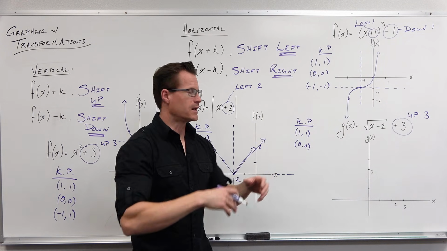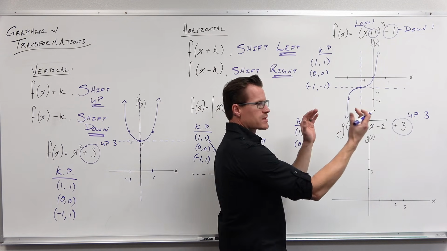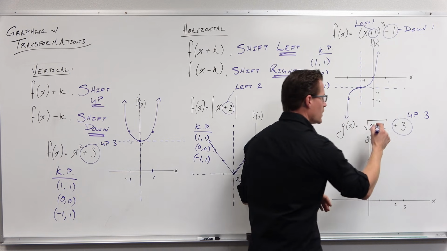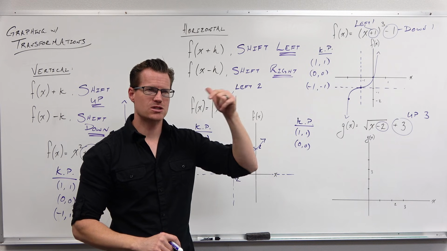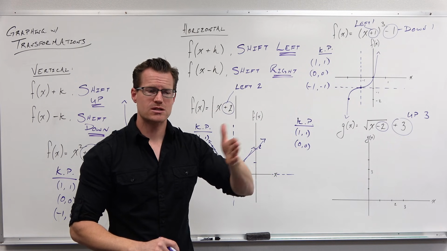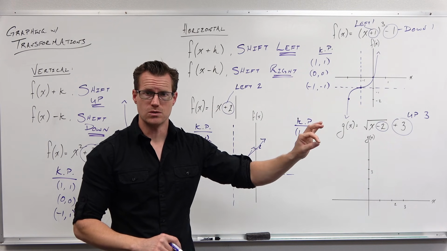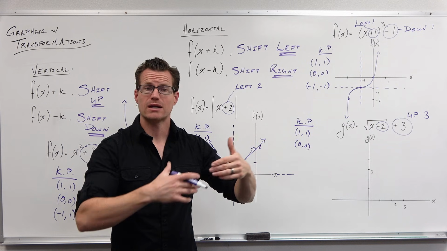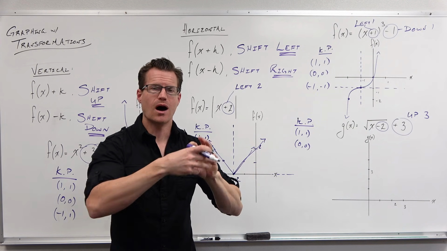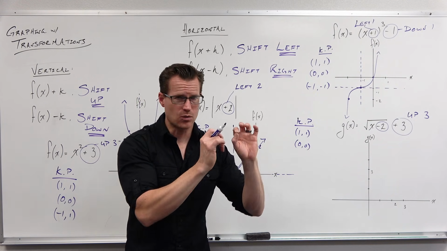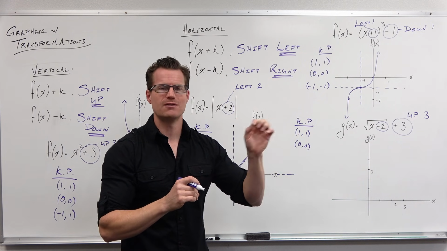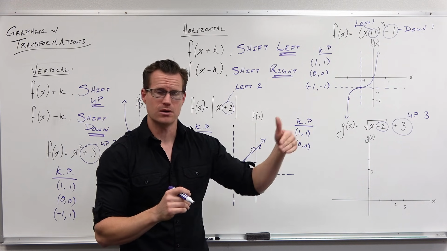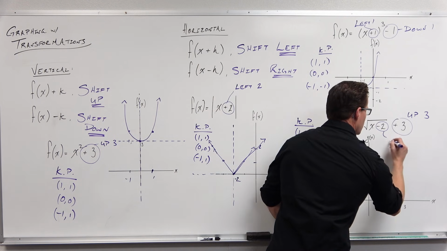Now I'm going to look inside. Okay, inside my function, inside parentheses or absolute value, or inside the square root, I see a minus 2. So in my head I think, okay, minus 2 is affecting horizontal. Minus 2 is going to be to the right 2. I'm going to subtract 2 from every input. In order to undo that and get the same height out that I originally would, where my graph is, the same height but moved over somewhere, I would have to give bigger numbers. Those are to the right, bigger numbers to the right. So this would be right